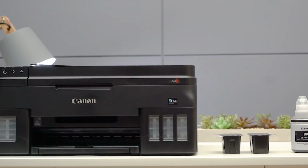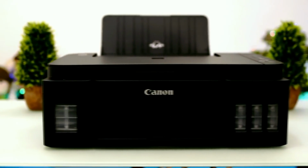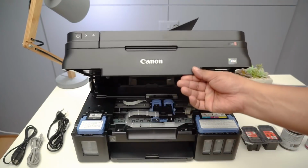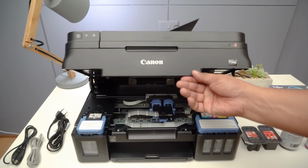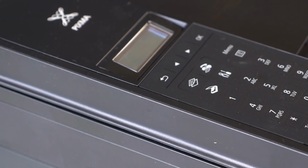Canon Pixma G4000 is a successor of the Pixma G3000 in 2016. This all-in-one printer has everything its predecessors have, but adds a capability to fax documents, making it an ideal office